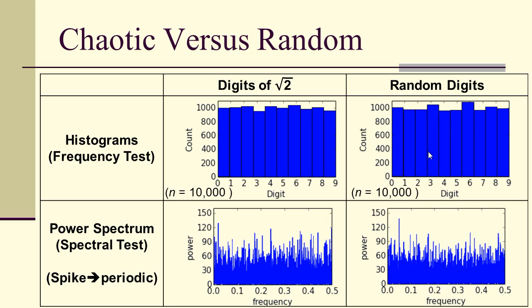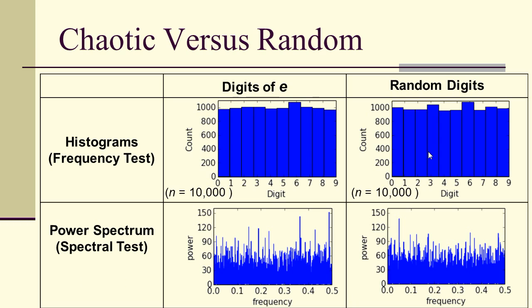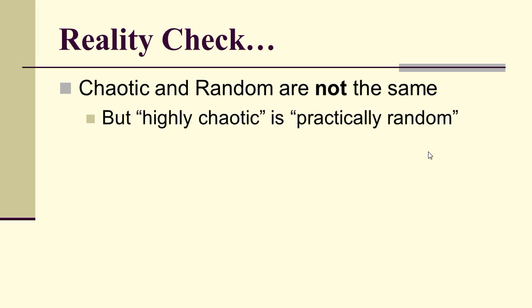Now if you look at the square root of 2, both as a histogram of the digits and compared to the random digits, it looks very similar. So you might be led to conclude that the digits of the square root of 2 are random, but they're not. They're chaotic. It's unpredictable because it's a non-repeating decimal. But there's nothing random about how the digits of the square root of 2 occur. Same thing with e. We know exactly what e is, so it's got a pattern. It's just a pattern beyond our comprehension.